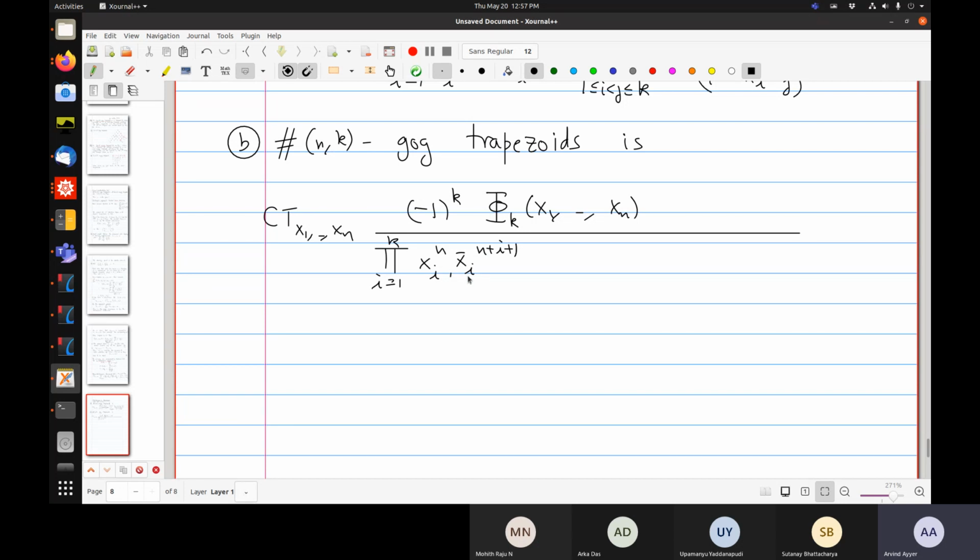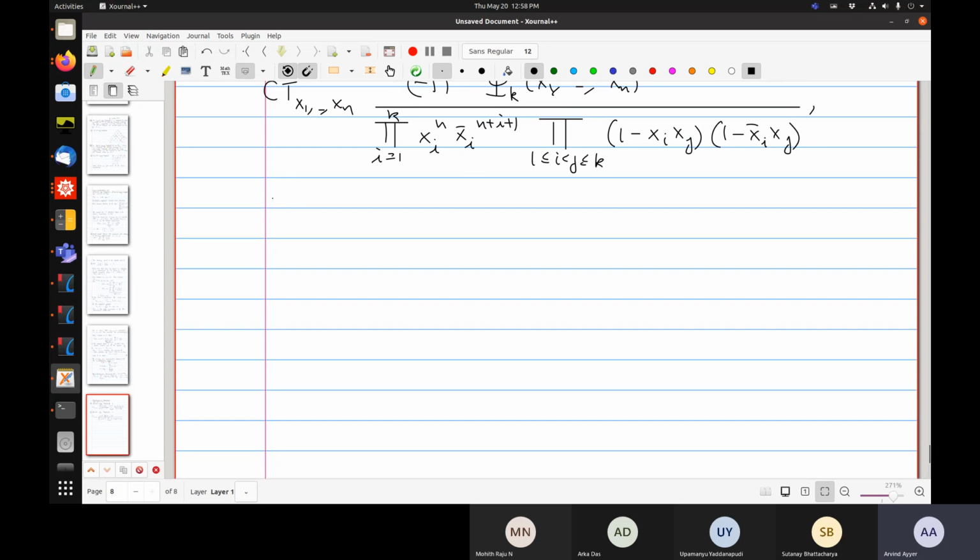Remember, x_i bar is 1 minus x_i, and the product over 1 ≤ i < j ≤ k again of (1 - x_i x_j), somewhat like the one there, and (1 - x_i bar x_j), where, okay, this S_k of x_1 up to x_k